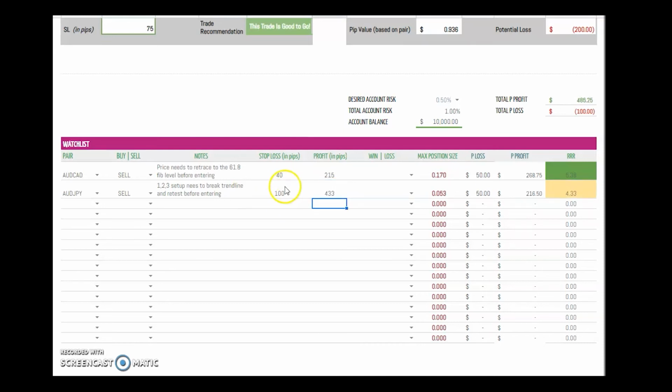So on this pair, if I only want to lose $50, which is 0.5% of the $10,000 account, I have to take this position. Now, I know it's about discipline. You have the play in front of you. All you've got to do is run it, because over time it's going to compound and make you some serious money. So even though you're only taking 50 cents per pip, if this plays out, you